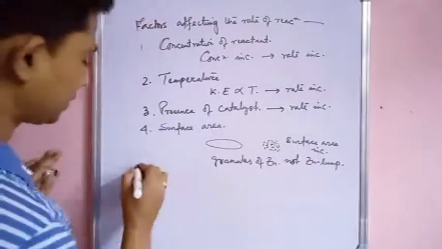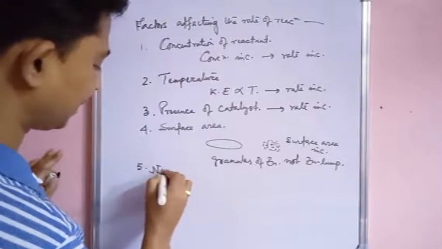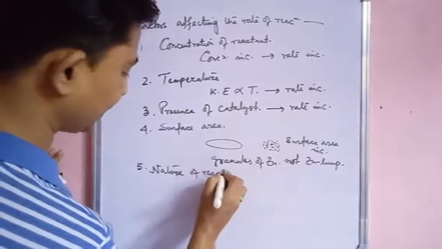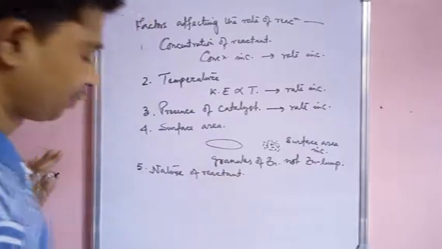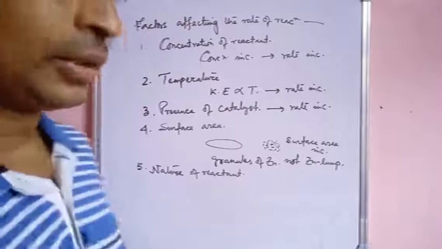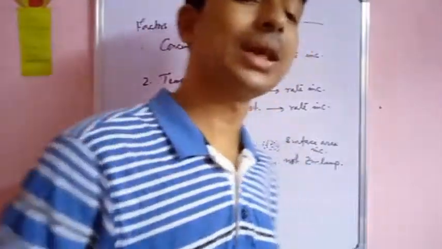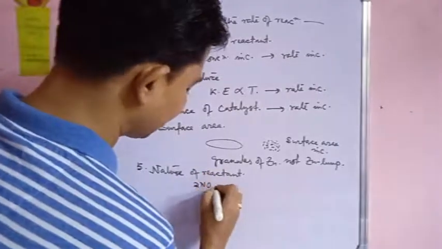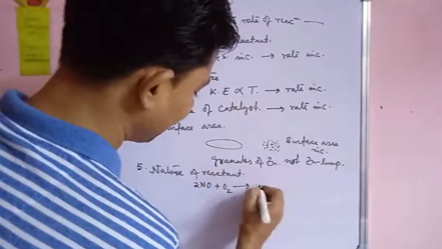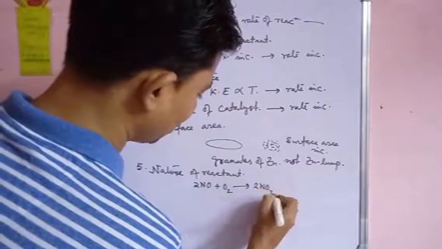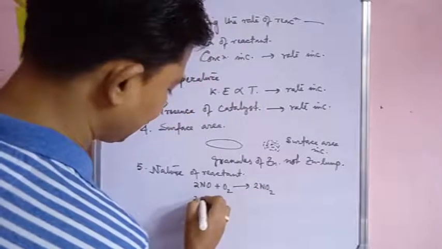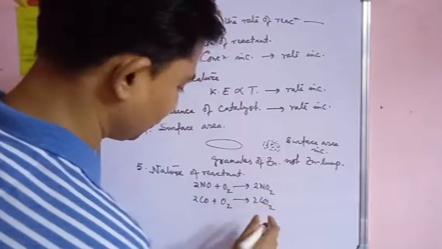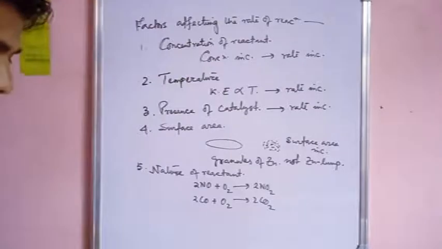Next, the fifth point is nature of reactant. So you will see, like nitrogen oxide also bonds with oxygen to give 2NO2, and carbon monoxide also bonds with oxygen to give 2CO2. Okay, so carbon monoxide means